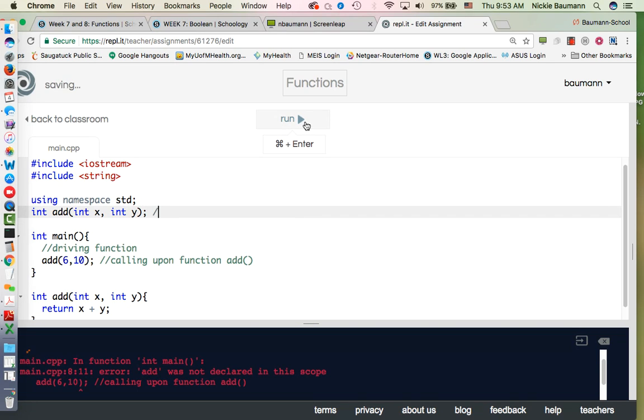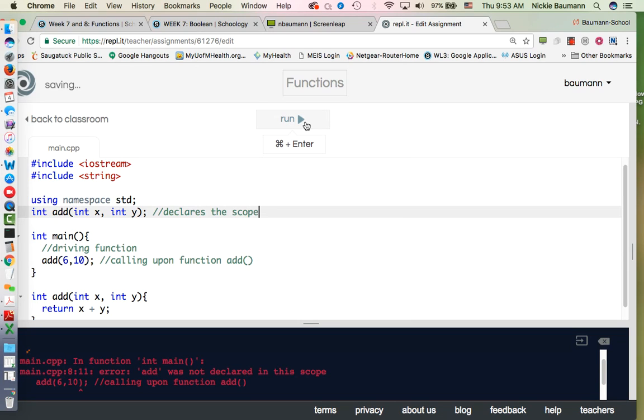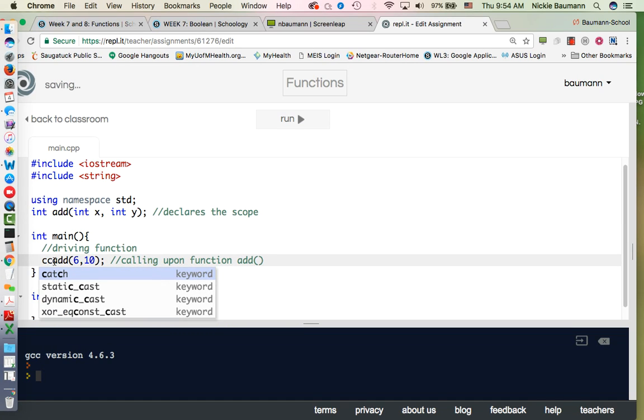Let's run, and this declares the scope. All right, so it does the calculations, but you'll notice there's no output. I didn't see any output. So we can do several things. We can either cout